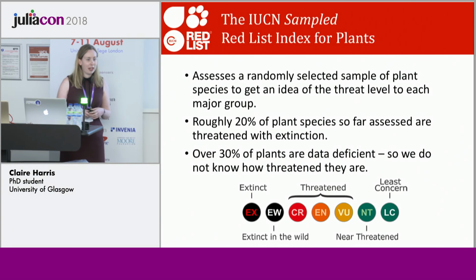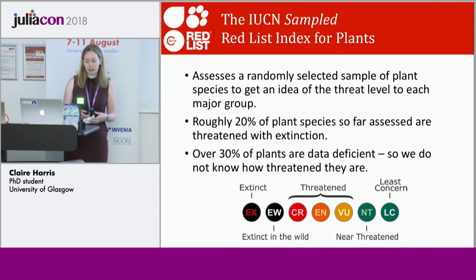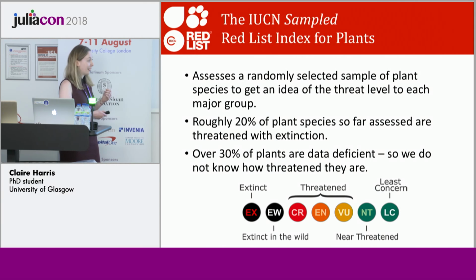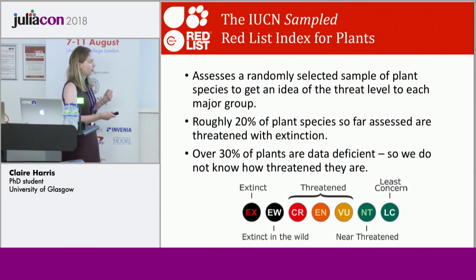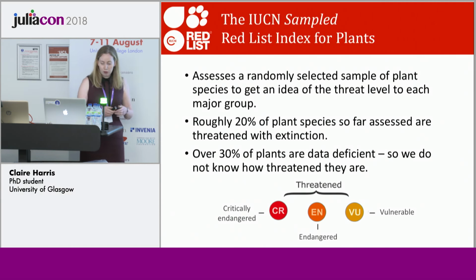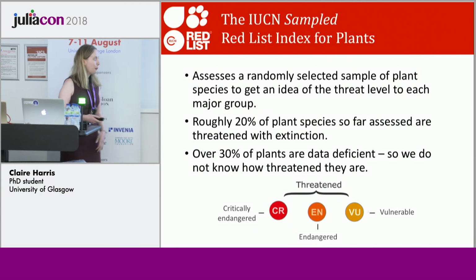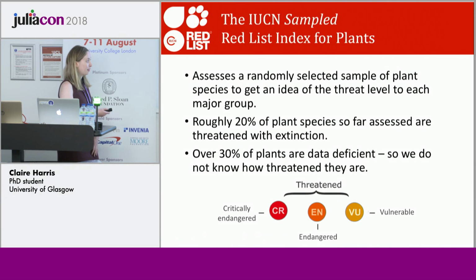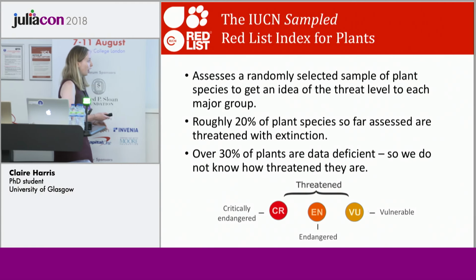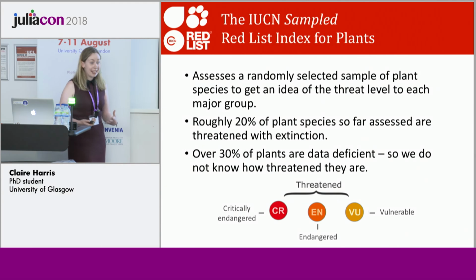And basically, it's a way of categorizing species into how threatened or endangered we think they are. So obviously, one end of the spectrum is really bad, you're just extinct, and it goes right the way through to those of least concern. But really, the species we're interested in right now are the ones that fall within this middle category, known as threatened. So you jump onto this system as vulnerable, and then as your situation gets worse as a species, you move through to endangered and then critically endangered,